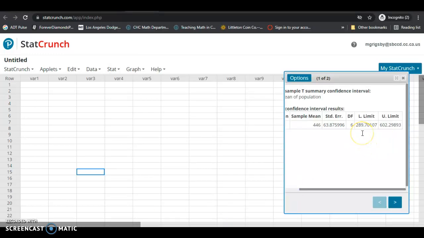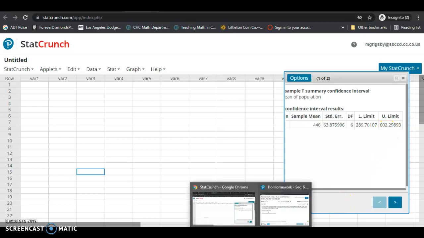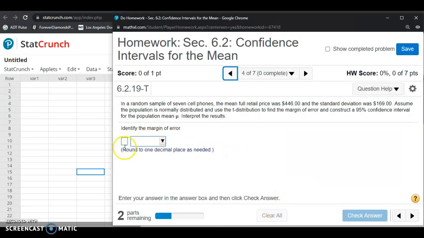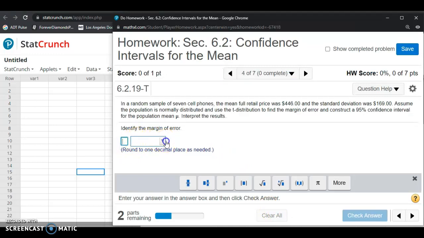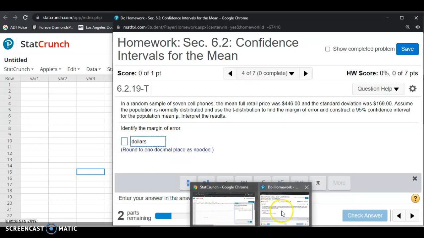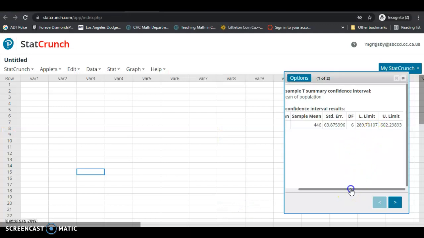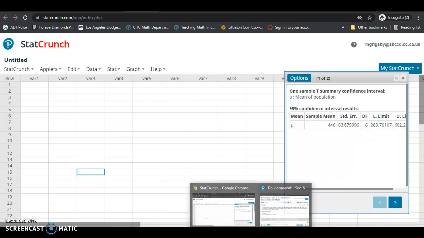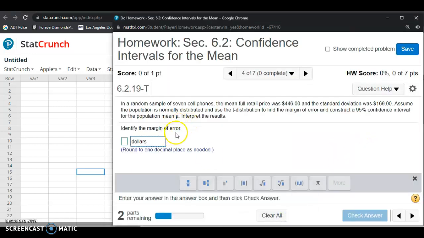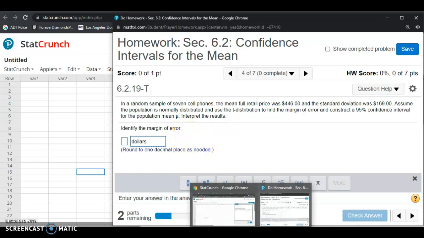So 289.7, and then 602.3. It does say identify the margin of error. Okay, so what we do. Unfortunately, this doesn't tell you what the margin of error is, right? So the problem is assuming that you're using the formulas to calculate the margin of error, which we're not doing. So in this case, what you do